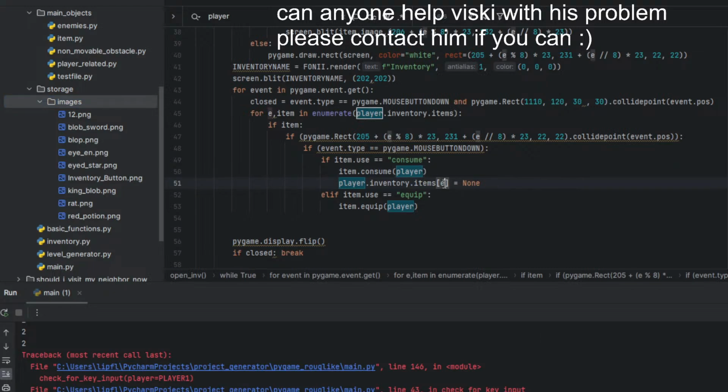So it consume player. Equip. If, sorry, item.equipped.